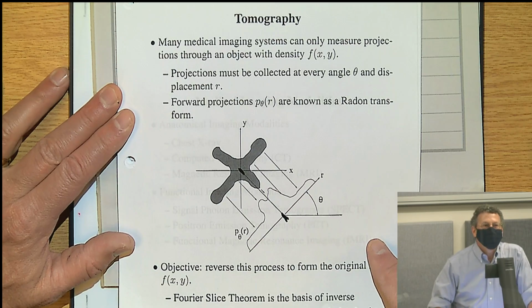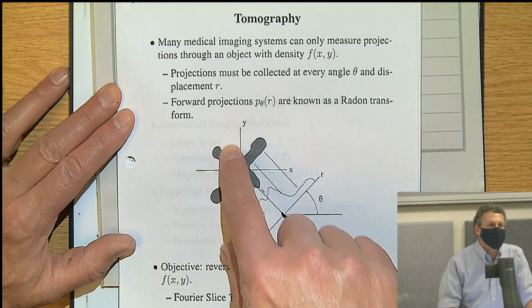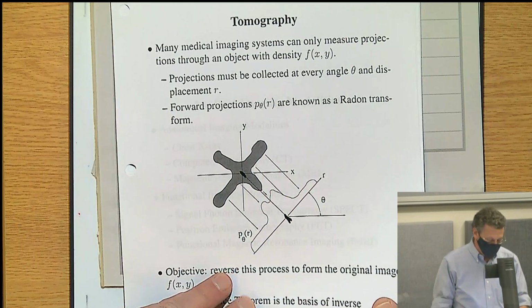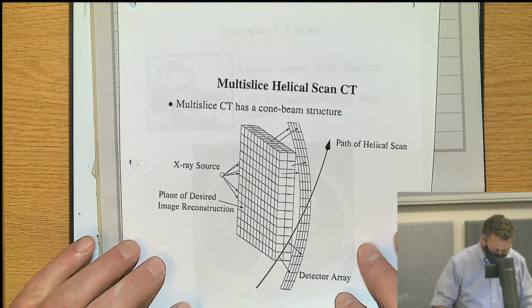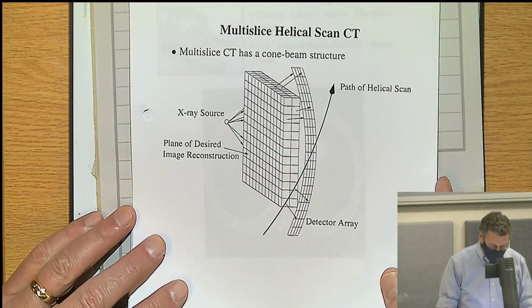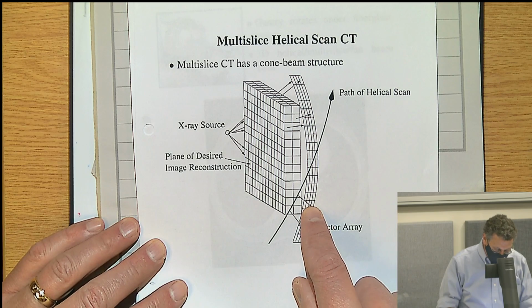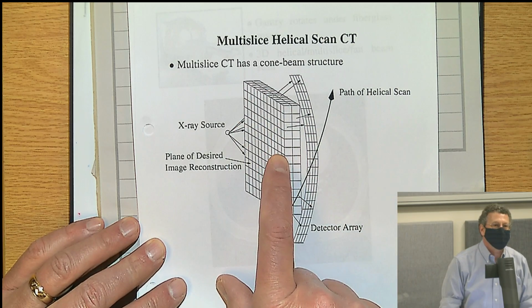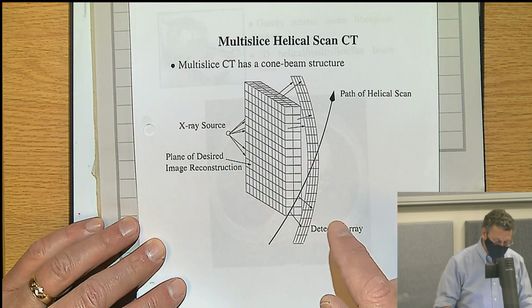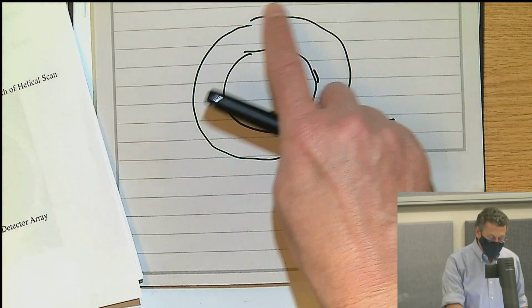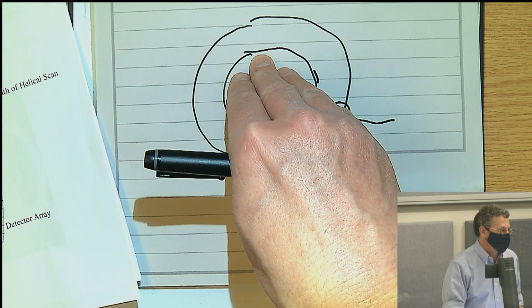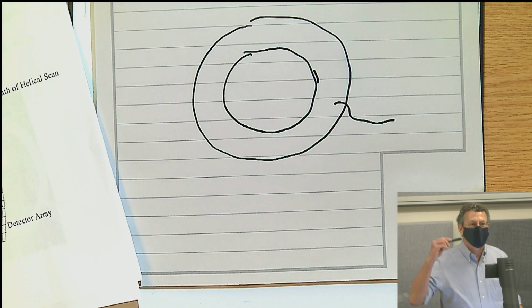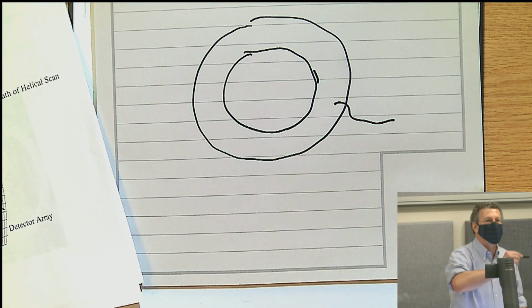So now you have this data. How can you take these views and reconstruct it into an image? Okay, I've talked about all this stuff. This is just a little more detail. I'm going to talk about the 2D case, but what really happens is that you have to do a 3D volume, and there's a helical. What really happens is that in the medical case, as this thing's spinning around, they have you go through at a linear velocity through the center. So the actual trajectory is really a helix, okay?